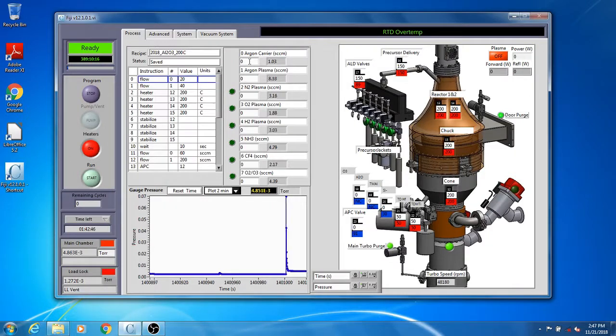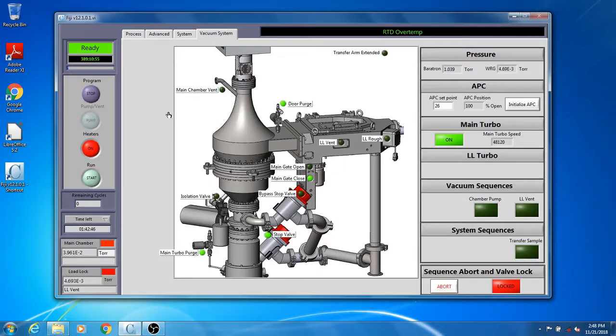Go to the Process tab and set the argon gas and plasma flow. Now, we will show how to set the argon gas flow by adjusting the APC set point and Baratron reading.